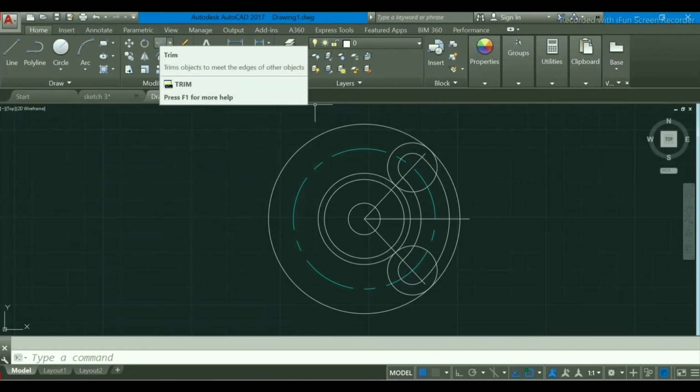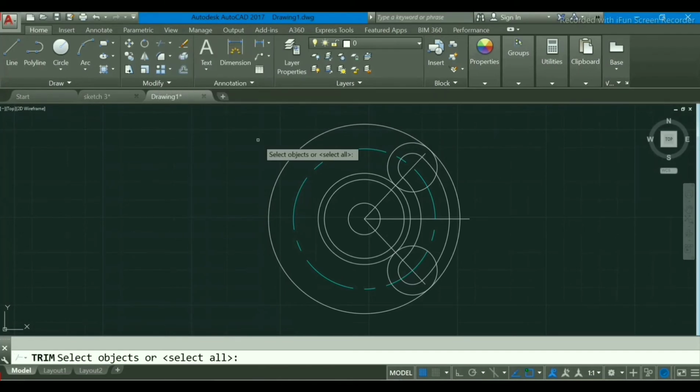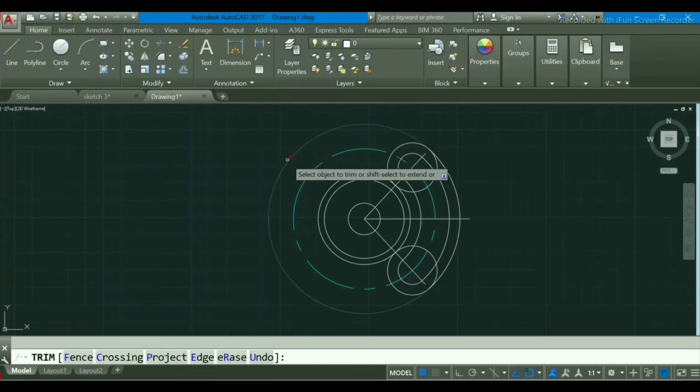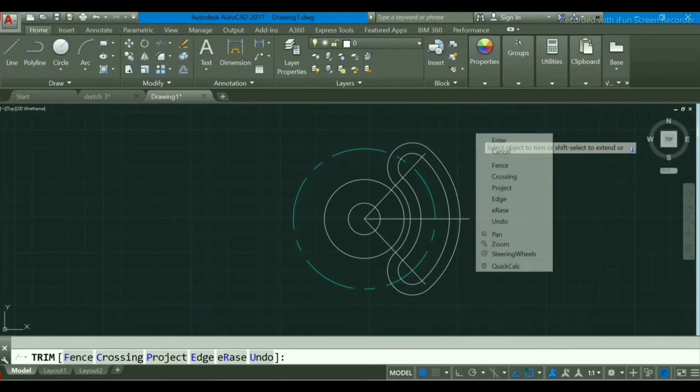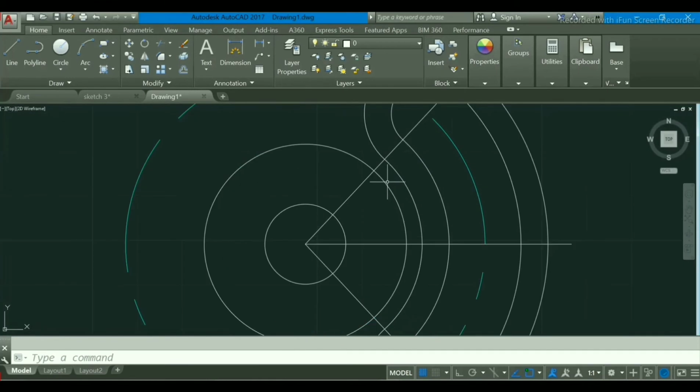Go to trim, press right click on your mouse, and trim all these arcs that we don't want. Press enter.